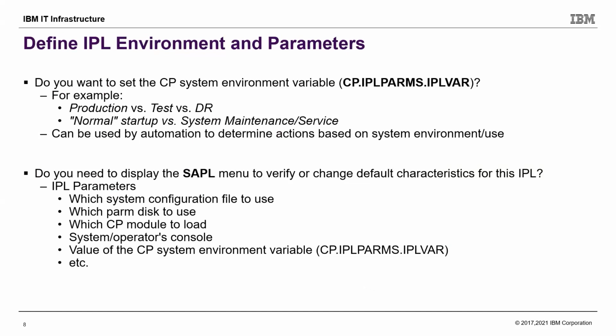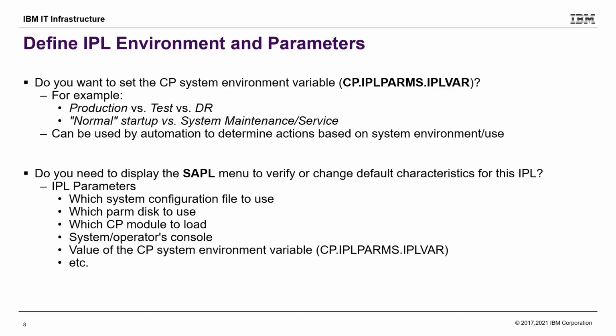Because in each of those instances, you might be IPLing the same copy of z/VM or even with the same configuration file, but you're probably going to want to do different things if you're in those different environments, especially if you're at a DR site, or maybe I just applied service and I'm just IPLing VM to make sure it IPLs and comes up with the new service, but I'm not ready to start my workload yet. So I want to put it kind of in a test mode. So you can use the system environment variable,